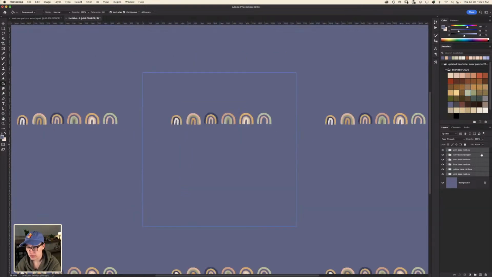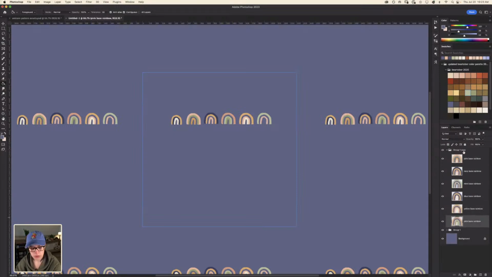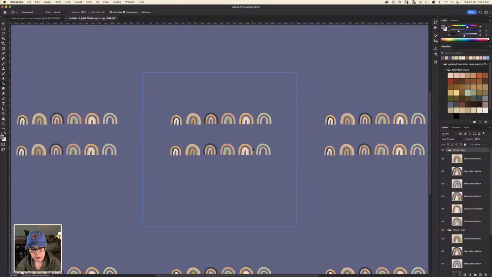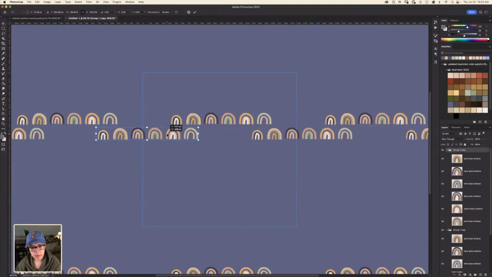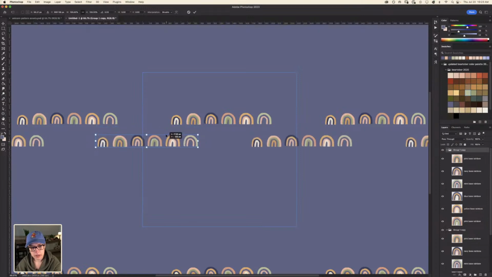Let's first of all condense these. Actually, before I do that, I'm going to copy and paste. I'm going to put all these in a group and then paste again. There we go. So now I have the layers and the condensed, the merged layers. Okay, so I'm going to copy this group and paste it. What if we just did something like,